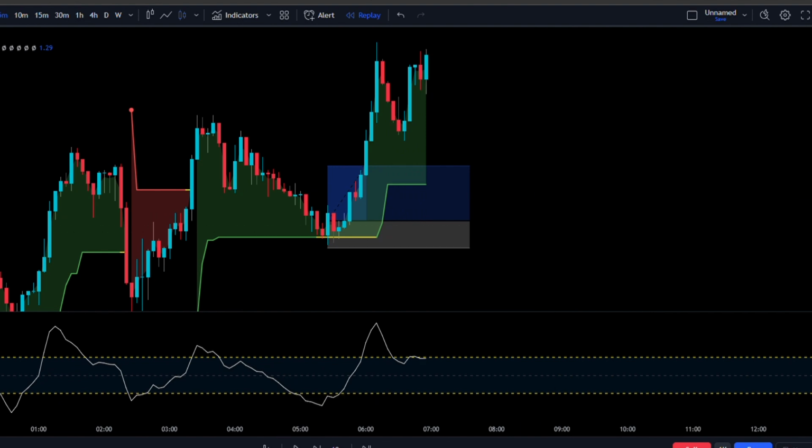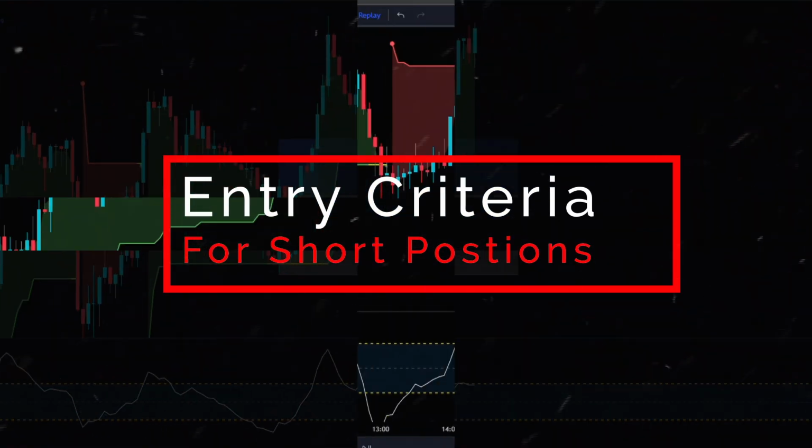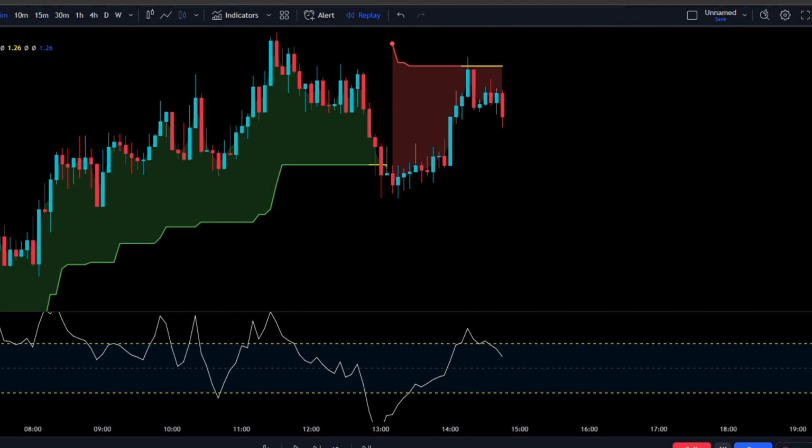Okay, so it's definitely getting hit. Let's go and take a look at the sell criteria. So this is your entry criteria when looking for short positions. First, we need to make sure we're below the super trend and it's colored in red, signifying we're in a sell structural market. And secondly, we're going to wait for price to pull back to the super trend line, using